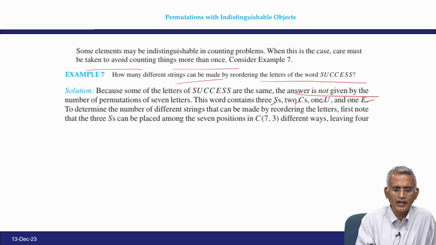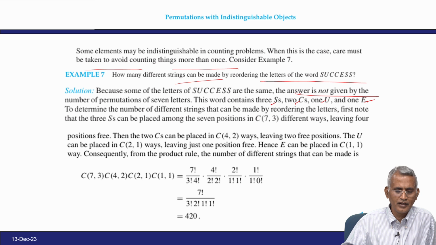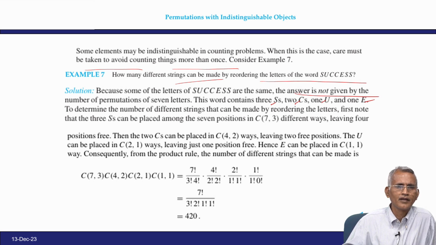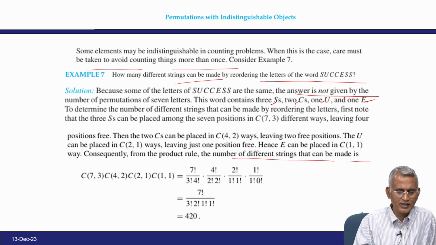So, to determine the number of different strings that can be made by reordering the letters, first note that the 3 S's can be placed among the 7 positions in 7C3 different ways, leaving 4 positions free. Then the 2 C's can be placed in 4C2 ways, and leaving 2 free positions, the U can be placed in 2C1 ways, leaving just one position free. Hence, E can be placed in 1C1 way. Consequently, from the product rule, the number of different strings that can be made is 7C3 times 4C2 times 2C1 times 1C1,